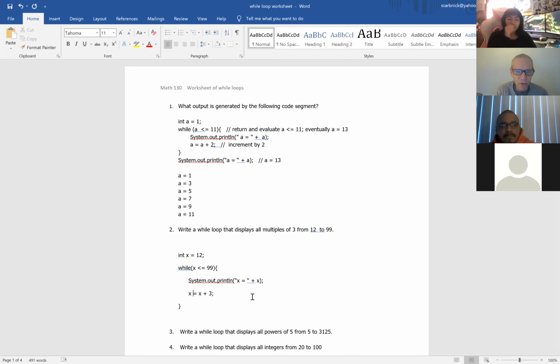So x starts out at 12, and then you evaluate, is 12 less than or equal to 99? Well, yes, it is. So you print out x equals 12. And then the next time, x is equal to 12 plus 3, which is 15, right? So each time we increment x by 3, and eventually, what's the first value of x